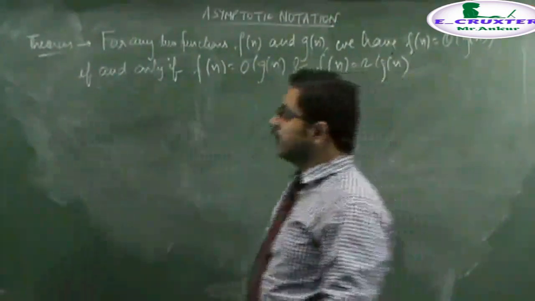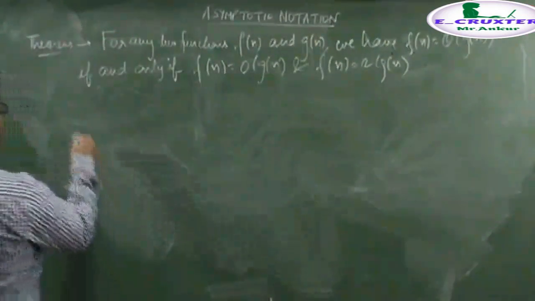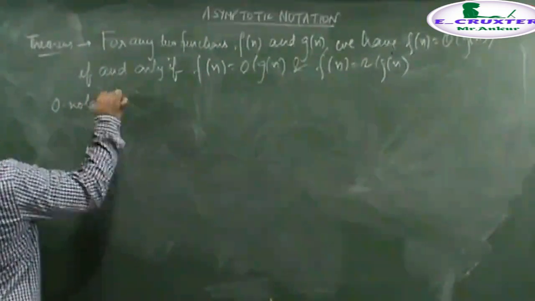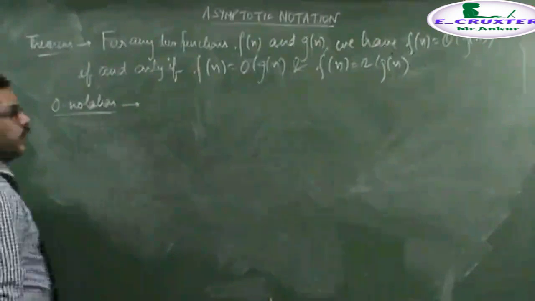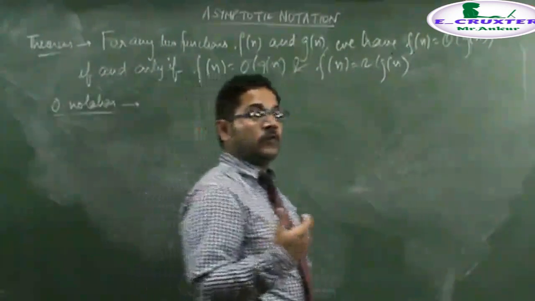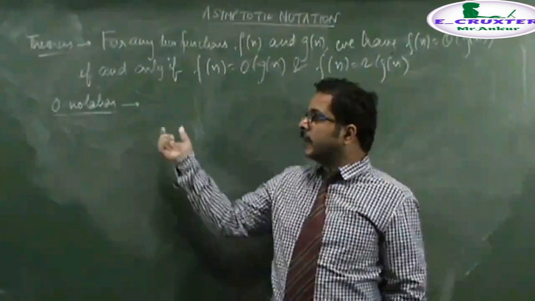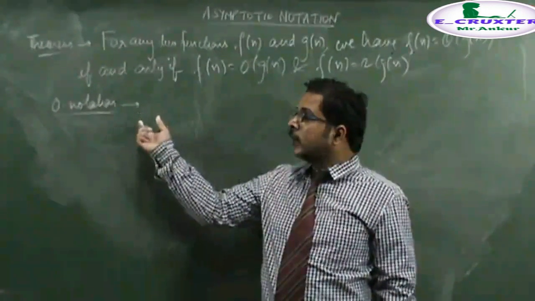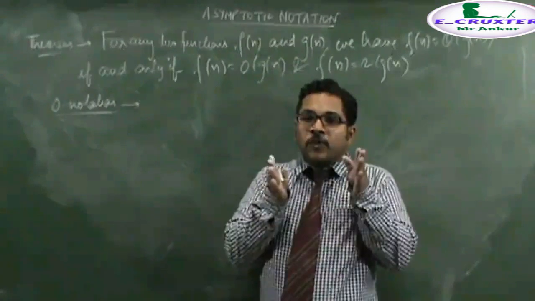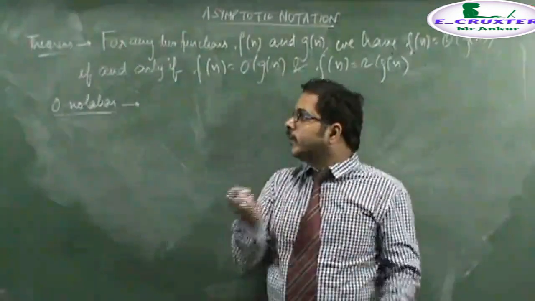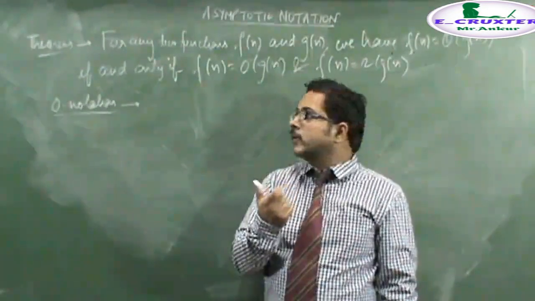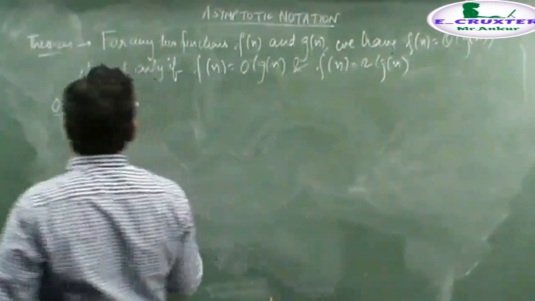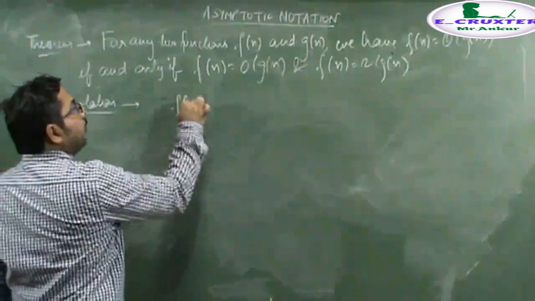Now coming to the next topic, which is the small o notation. Just remember that to make a difference, I have told that the big O notation earlier was used to represent both the loose upper bound and tighter upper bounds. But to make a differentiation, we use big O notation to represent only the tighter bounds, and we use small o notation to represent the loose bound. That is, if there is an f(n) function,